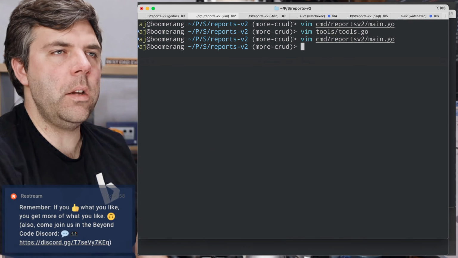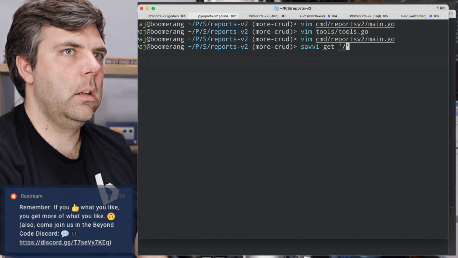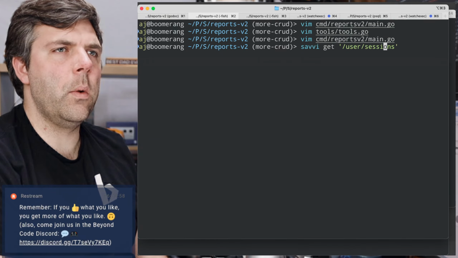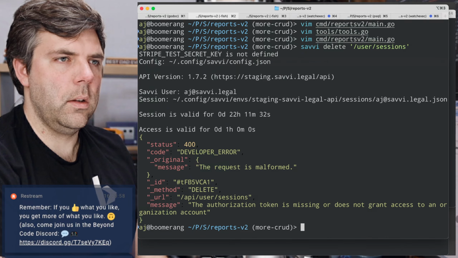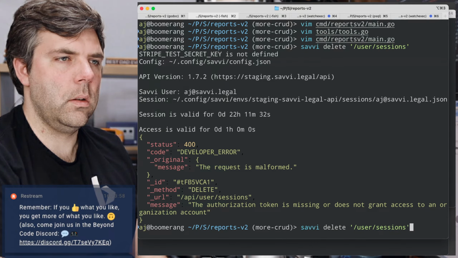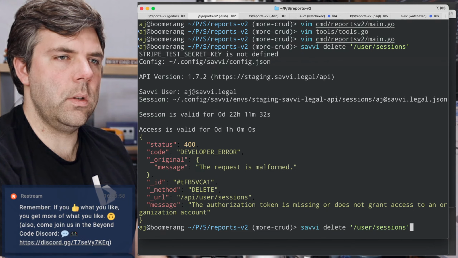So what I'm going to do is we can do savvy get, and then we can... what am I going to do? One thing I want to see if this works, actually. What if I do... This is a different question. Request is malformed. User sessions. The authorization token is missing or does not grant access to an organizational account.